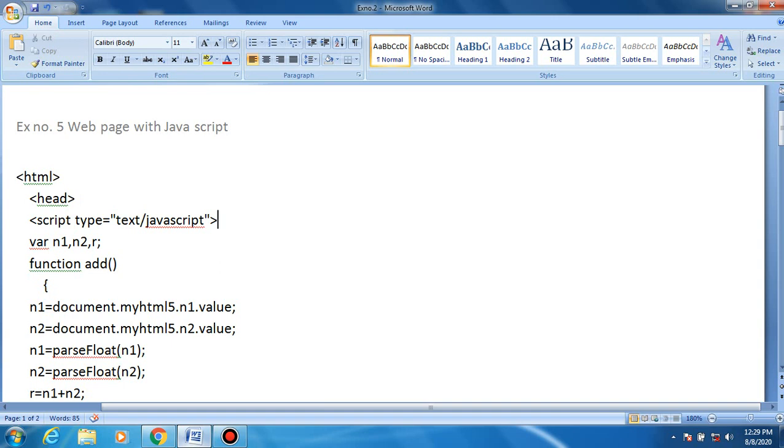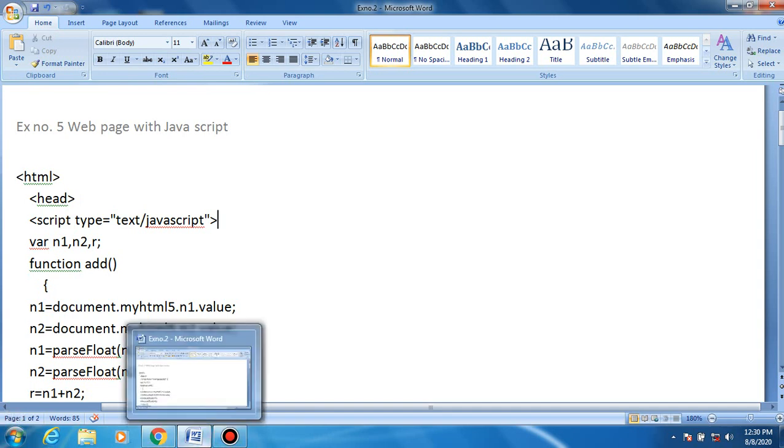Therefore, JavaScript helps to create a web page with validation controls.